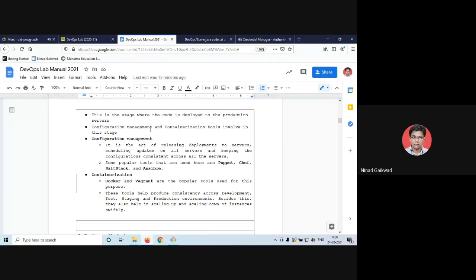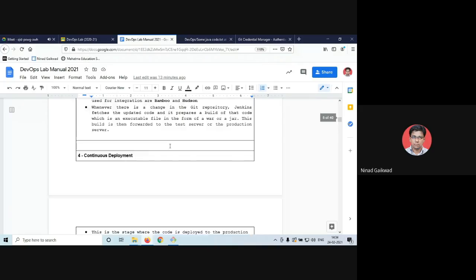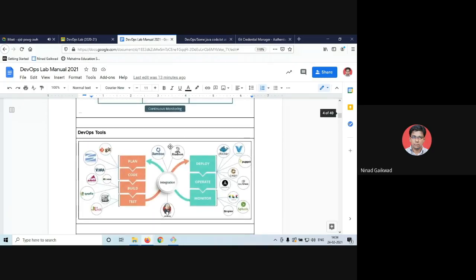that occur. Configuration management is where I'll just read through it. It is the act of releasing the deployments to the server, scheduling updates on all the servers. So basically, what it says is that if, for example,